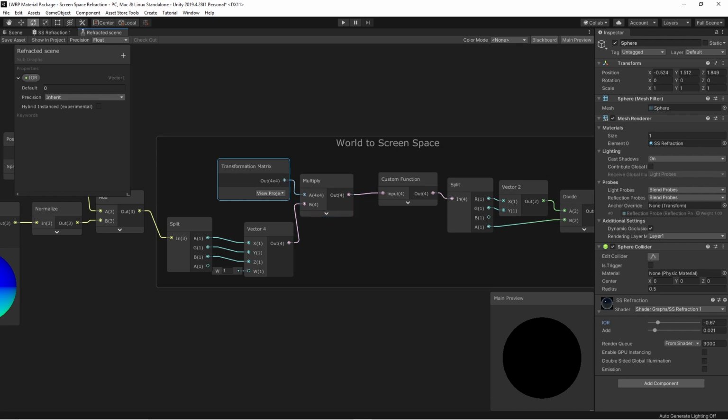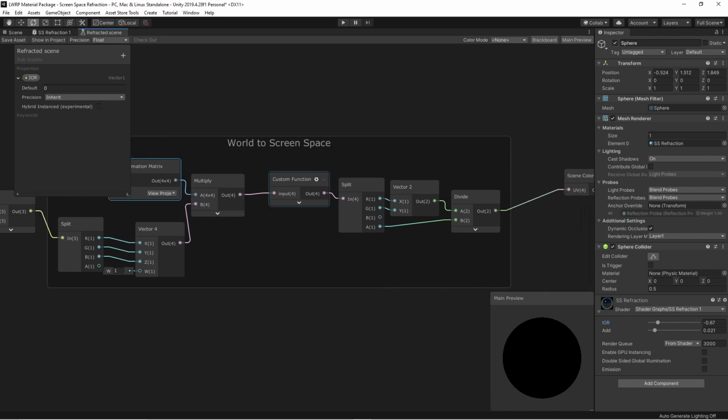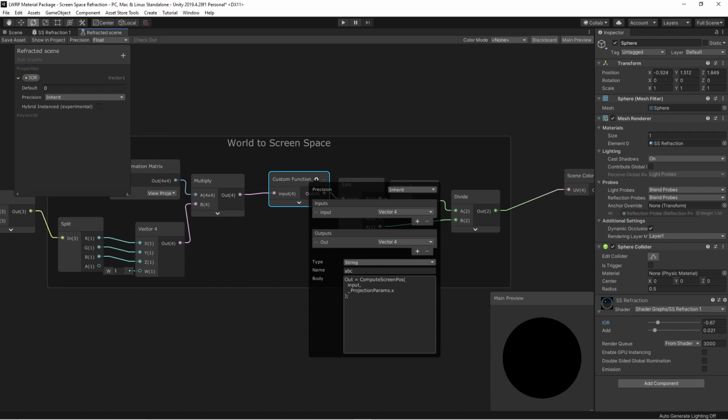So here we have clip space, and then this custom function takes a vector 4, outputs vector 4, and it doesn't matter what the name of the function is, and it uses this also built-in to Unity function, compute screen position, which transforms our input, a clip space input,